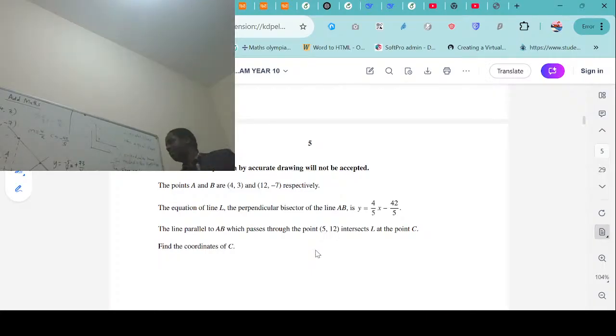Since 4 is common. So now I'll cross multiply. 4 times 4x, that's 16x. 4 times negative 42, that would be negative 168. Equals 5 times negative 5x, that's negative 25x, plus 5 times 73,